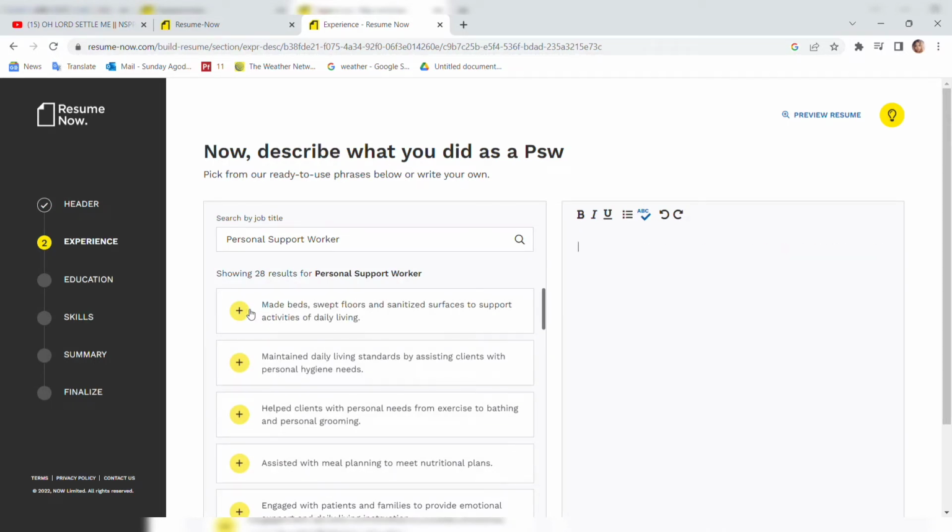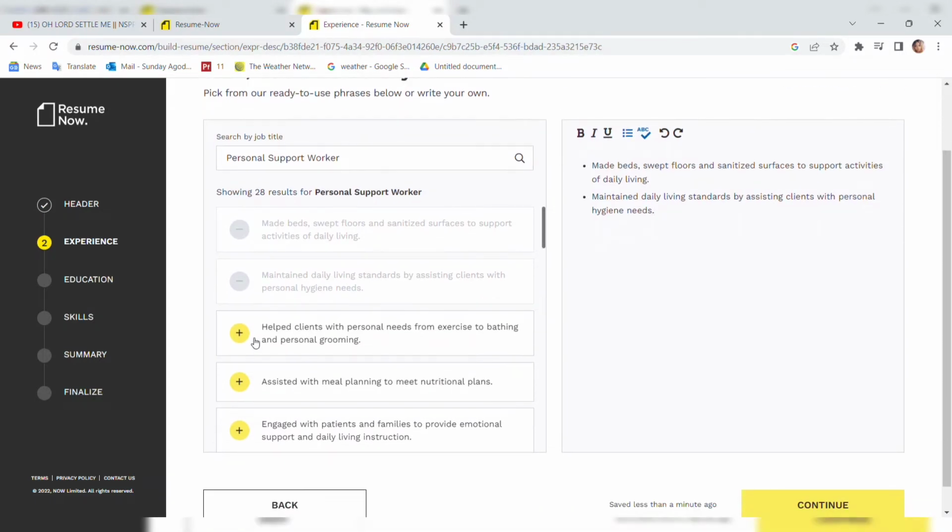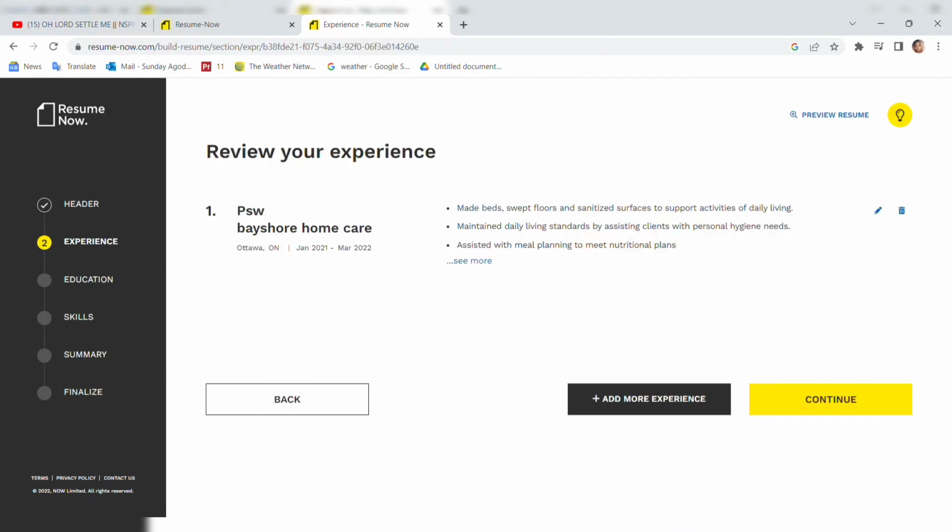You see where I'm clicking now, it's going to the right hand side of the dashboard. So all I do is just click, click, click, because these are some of the rights, responsibilities and duties of a personal support worker. So whatever duty you're doing, if the search did not pop it up, you can write your own. So you see, if you want to add more,